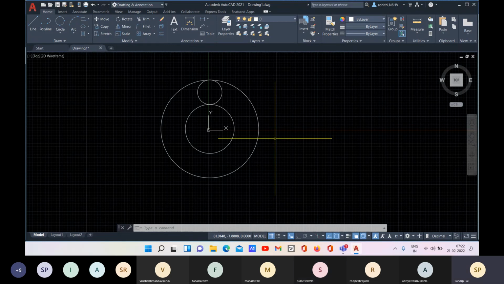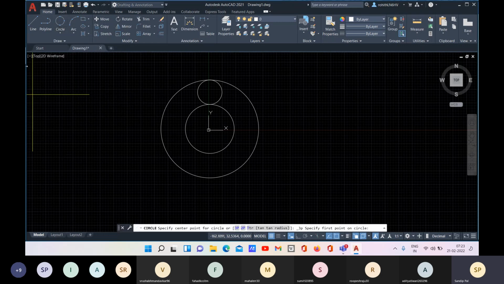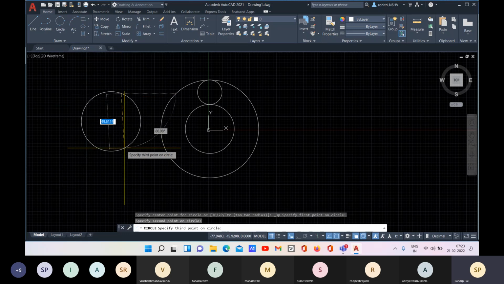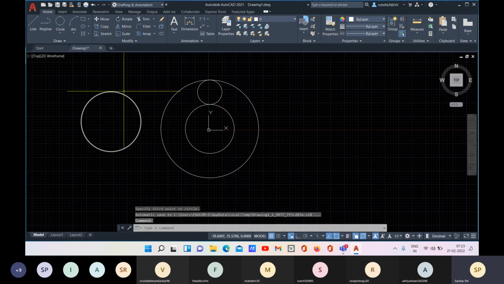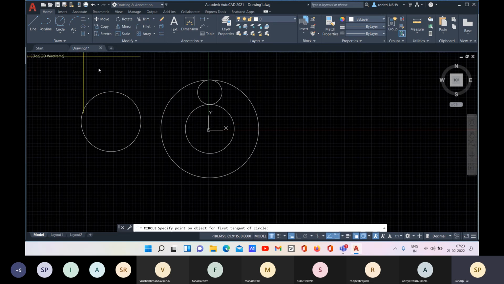Yeah, then I will show it with an example of any drawing I will pick. So now we have this 3 point. This is very simple. Just mention 3 points, and these three points are placed on the circumference of the circle. There is nothing to go deep on this 3 point.